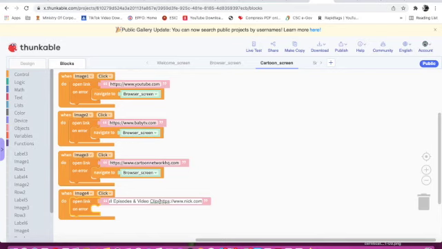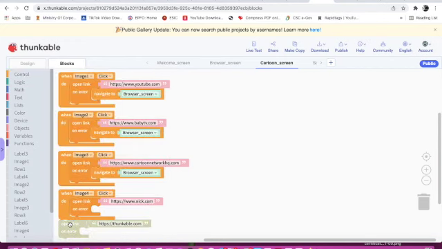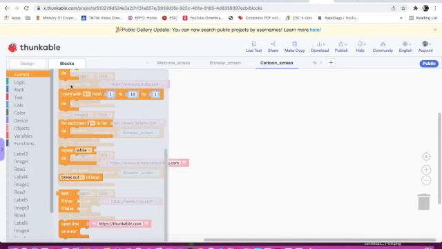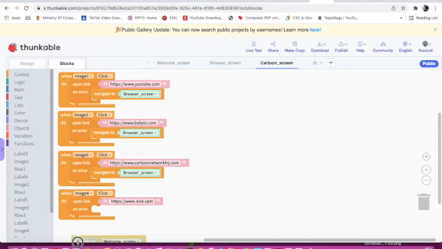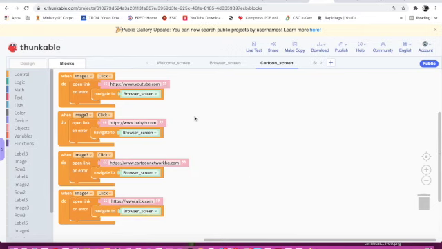And navigate to browser screen. Okay, so the cartoon screen is done.